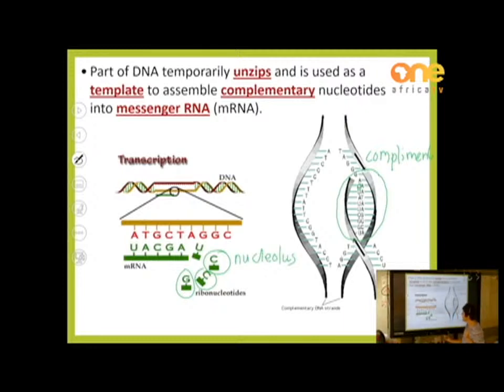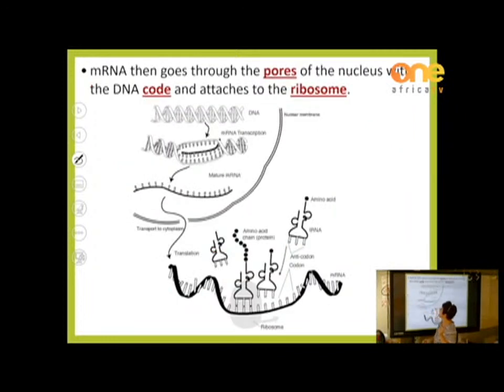Make the RNA, the free copies attach in the correct complementary order, and now it is called transcription, leaving the nucleus. The mRNA goes through the pores with the message. It's taking this message to the